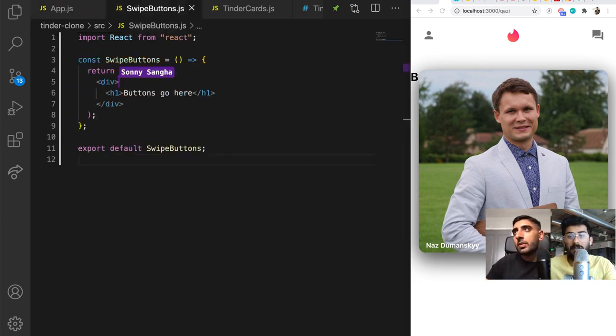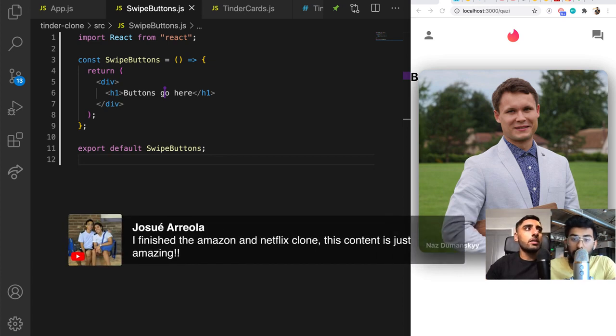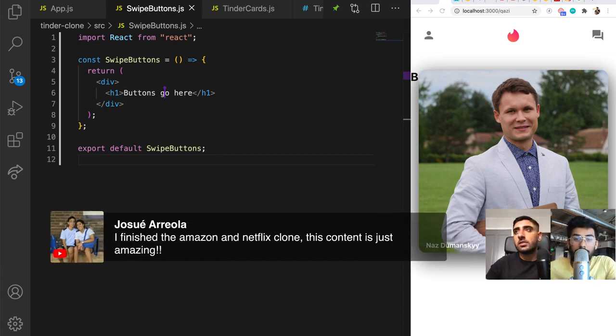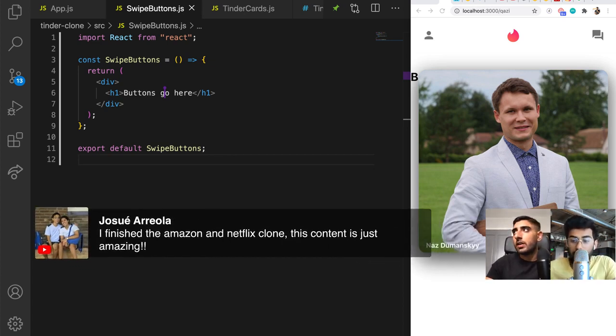Yeah, I see that right there. So instead now, because we've got this sort of weird dynamic way of laying things out, we're going to follow that same dynamic layout when it comes to the swipe button. Firstly, just to prepare ourselves, let's create a swipe buttons.css. So here I'm going to create a file and do swipe